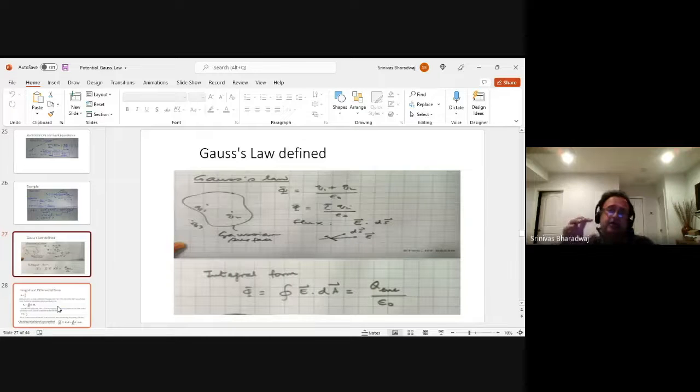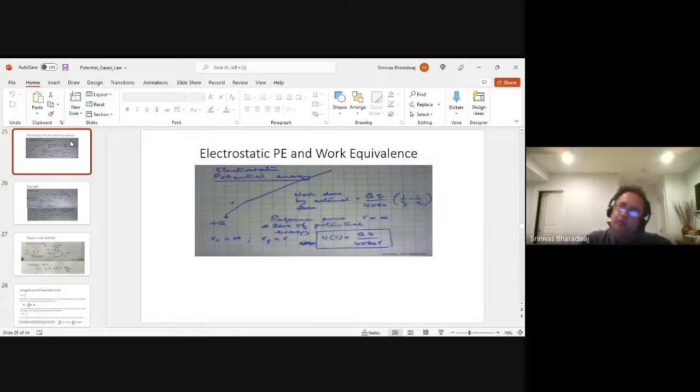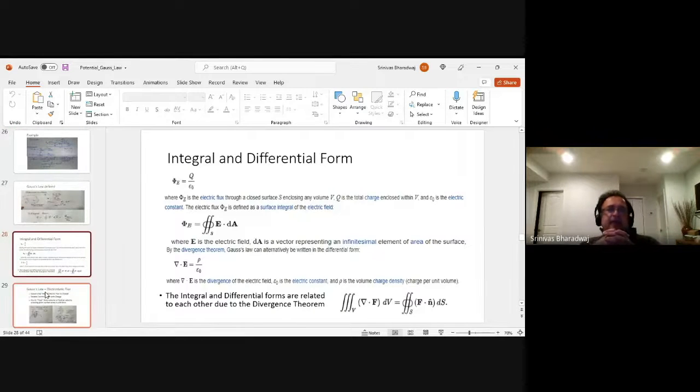Then you need to understand Gauss's law. Flux is closed integral of E dot dA equals Q by epsilon. So you must fully understand Gauss's law, and then you must understand electrostatic potential. Once you understand these three concepts, then from having understood them, you understand capacitance. Capacitance will make a lot of sense if you understood these three concepts very well. And therefore there is the integral and differential form of